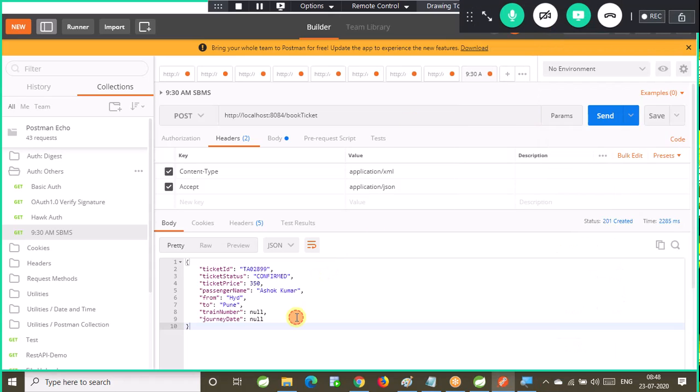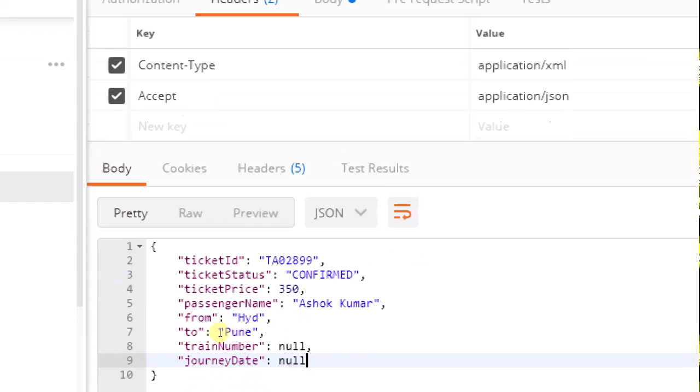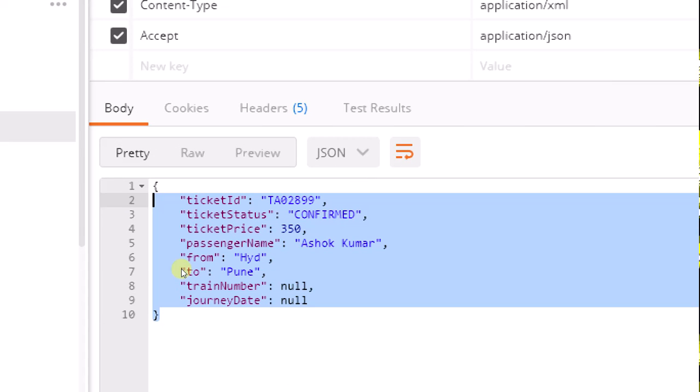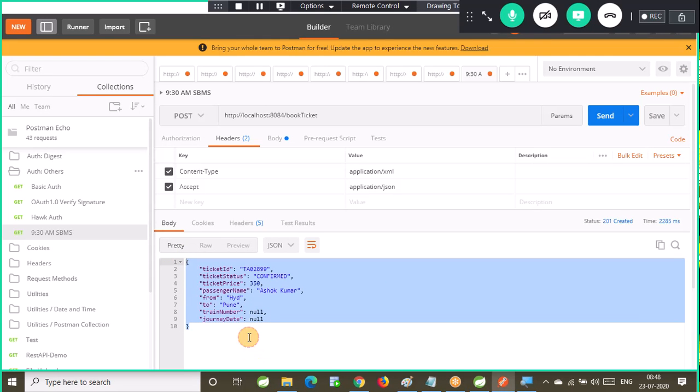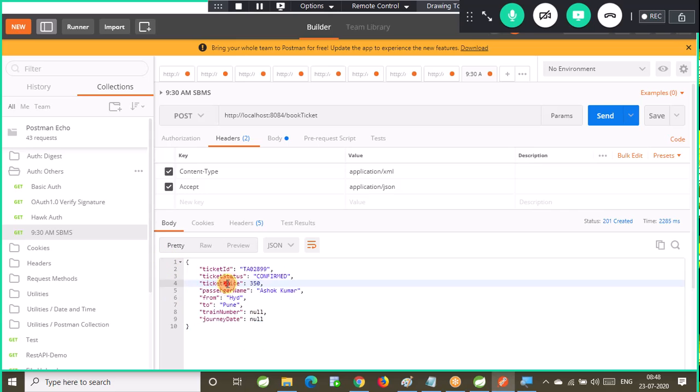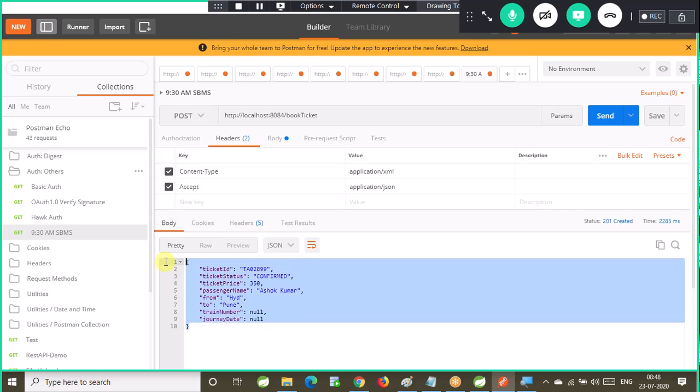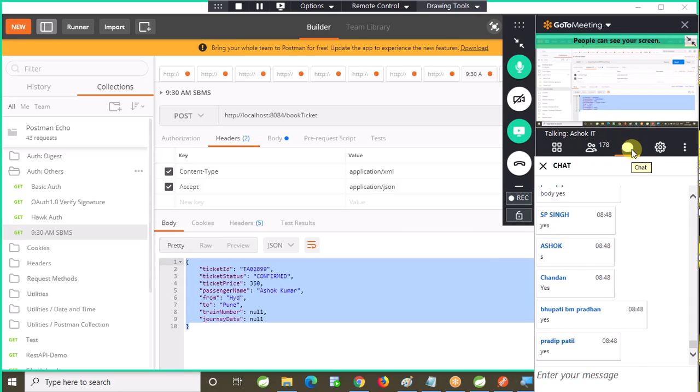Good. Right. Now observe. What is this data? Where did we get this data? Do we have this data in the header part? Do we have this data in the body part? What is highlighted in the menu? Body. So can I call this a response body? Yes or no? This is the payload, which is sent by the server to the client. This is business data. Ticket information is business data sent by the server to the client. It is payload information.